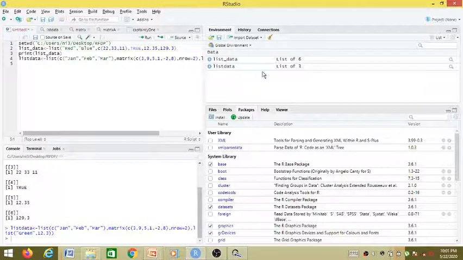and we can see list data has been created with only 3 elements. So this is the first element, matrix is the second element, and that list is the third element of that list. So let's see how our list data looks. So I'm passing it as an argument, and if we run this,